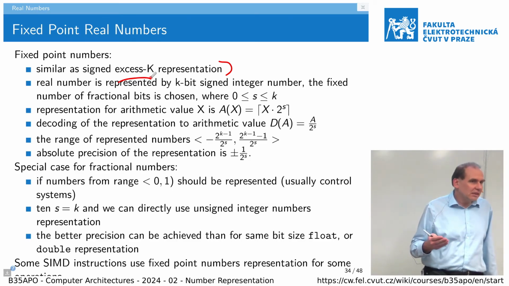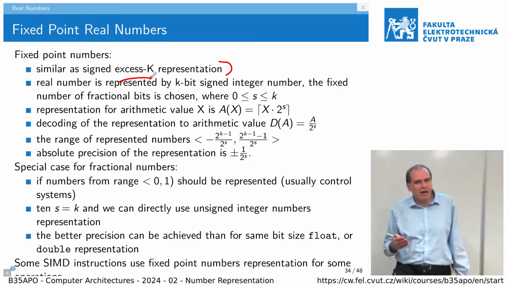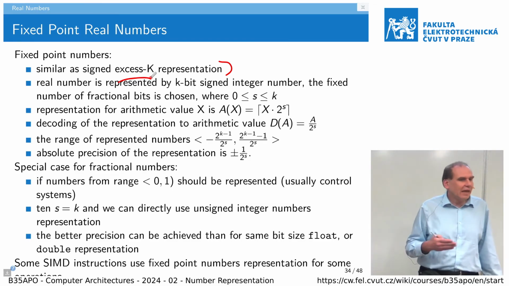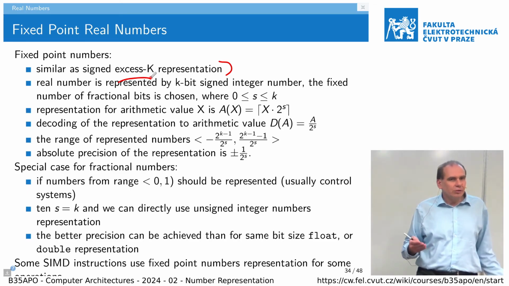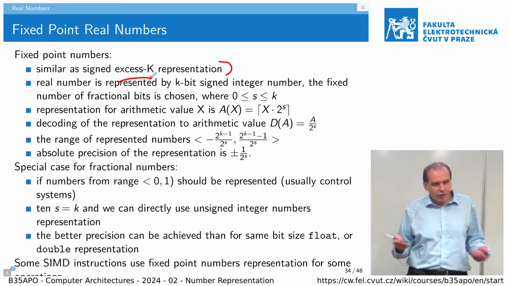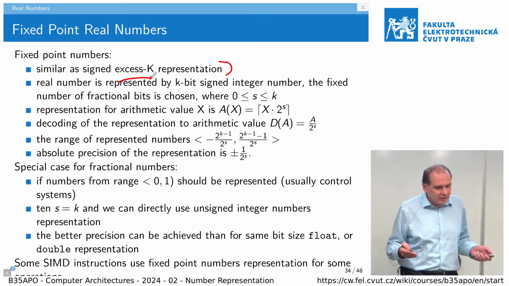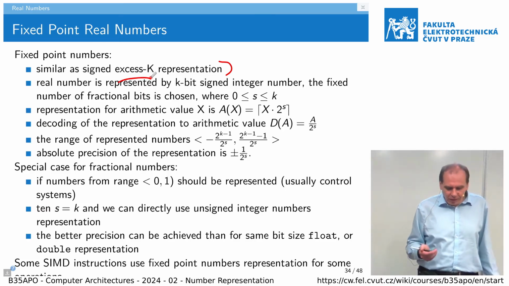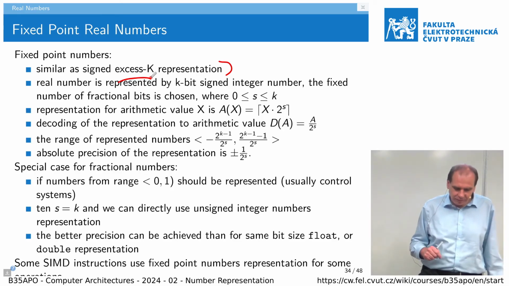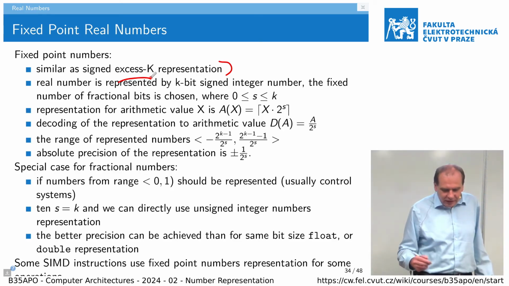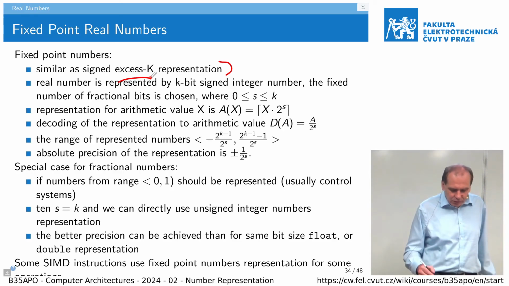And in this case, we can, for example, count easily with cents, because we use unsigned numbers for all values multiplied by 100, and we do not have a problem with conversion between binary and decimal fractions. So it is one option. Then if we do a multiplication, we need to do some correction and so on, so it gets a little